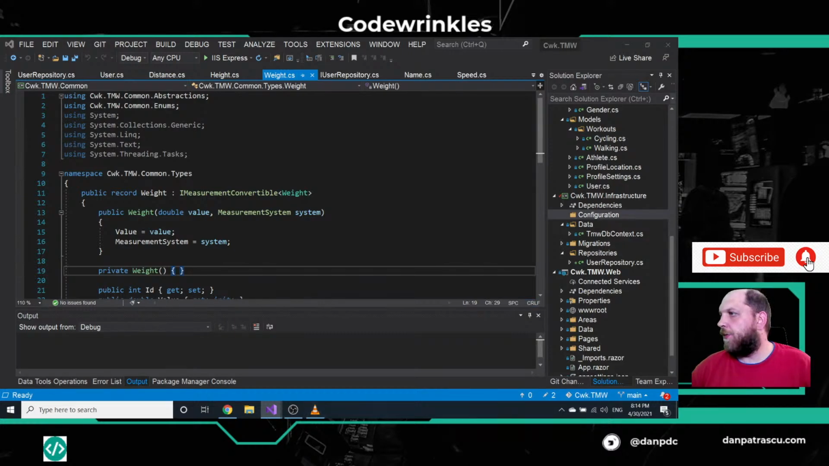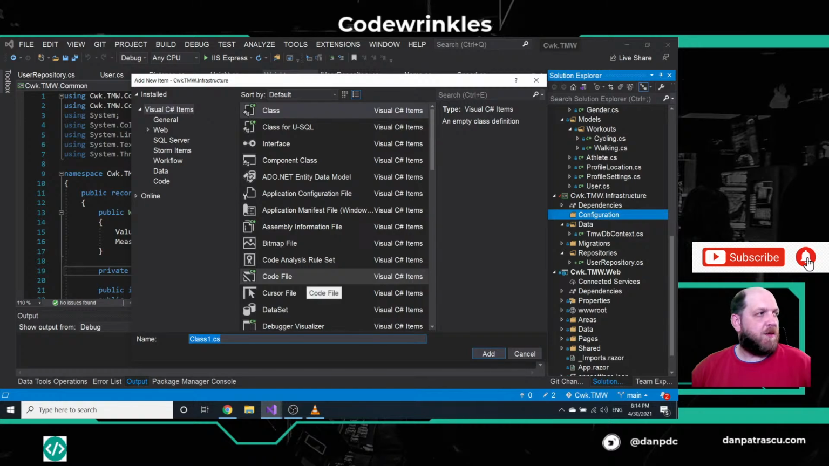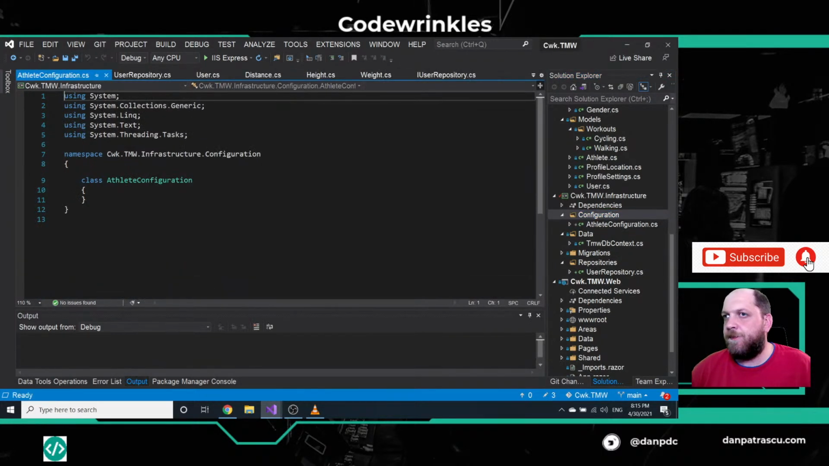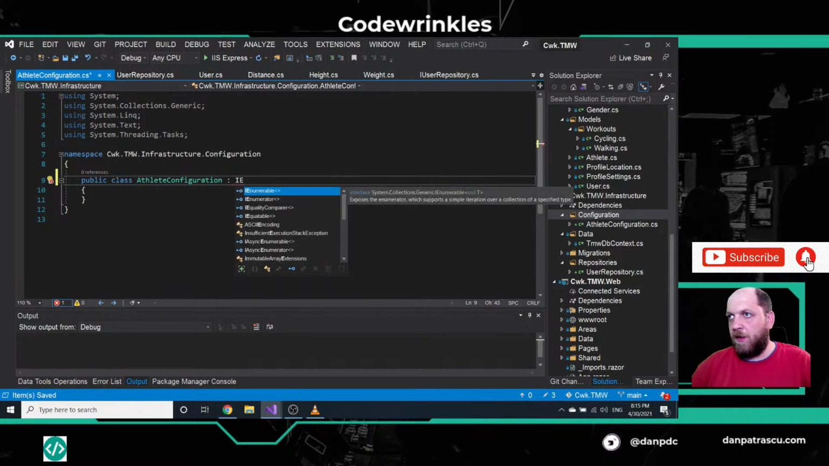Okay, let's try to do that. So here we would have first a new class, and this would be, how should we call it? Athlete configuration. I hope I typed it correctly. Good. So in order to make it a configuration class, it actually has to inherit an interface entity type configuration,